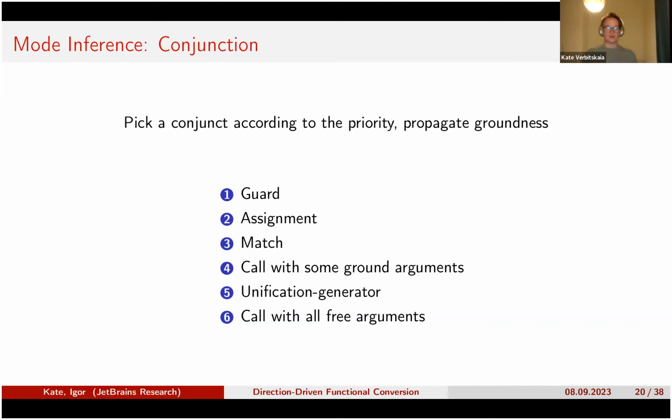Then the safest 2 out of the remaining types are assignments and matches. They can also fail during